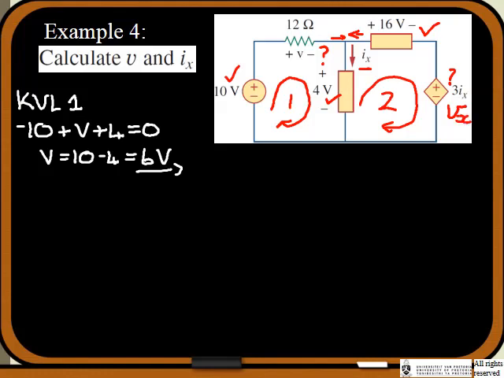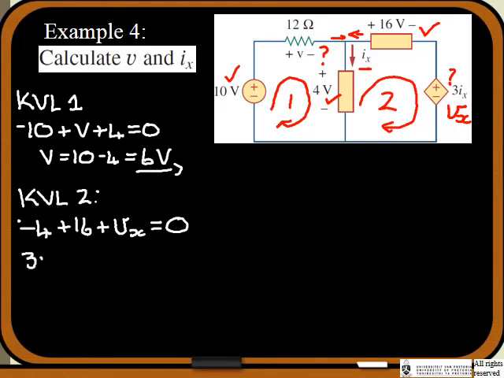So let's write down Kirchhoff's voltage law for loop number 2. Let's start at the 4 volts. Now we're going to the negative terminal of the 4 volts, so it's minus 4 volts. Then we go into the positive terminal of the 16 volts, and then into the positive terminal of Vx. But what is Vx? Let's just write down Vx for now, which must equal 0, because that closes the loop. So what is Vx? Vx we know is actually 3Ix. Then 3Ix must equal the 4